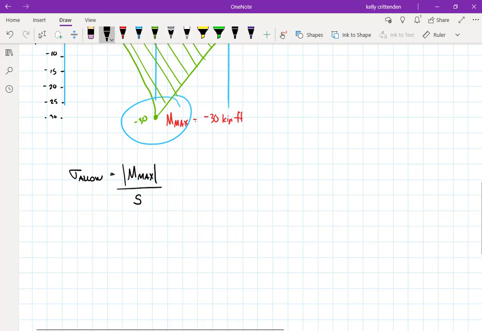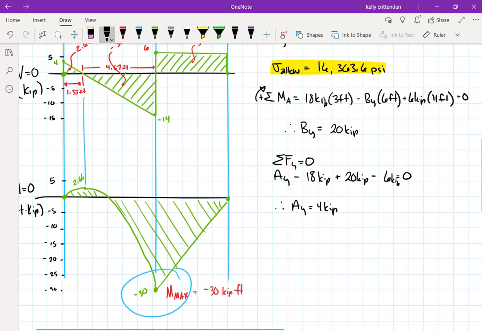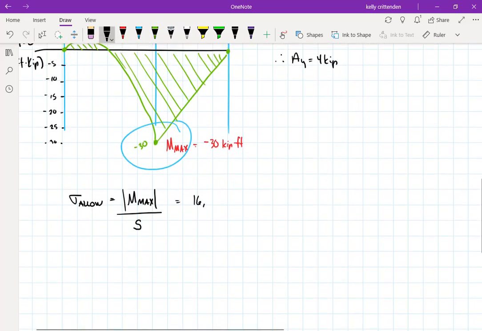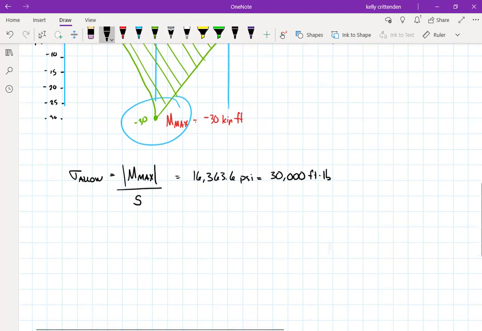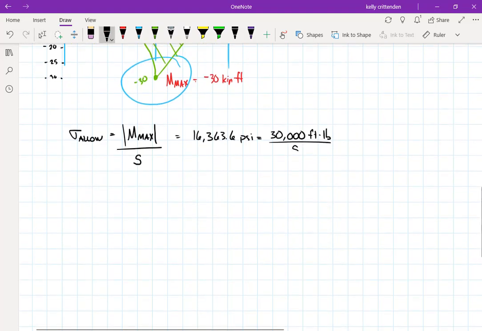All right, so sigma, we're going to allow, what was it, 16,363.6 psi is allowed. We have to deal with 30,000 foot-pounds. So I just took the kips and translated them to pounds. And technically it's negative, so it will have tension on the top of the beam at that point. And then divide by the section modulus, which we are actually going to solve for. So therefore the section modulus equals, let's see,